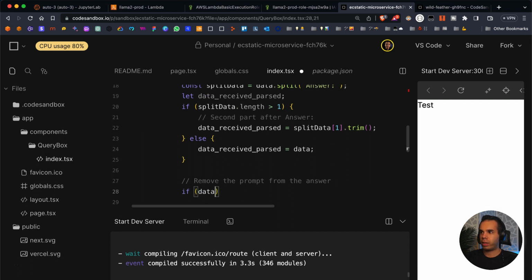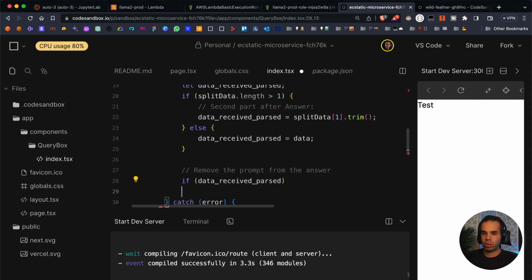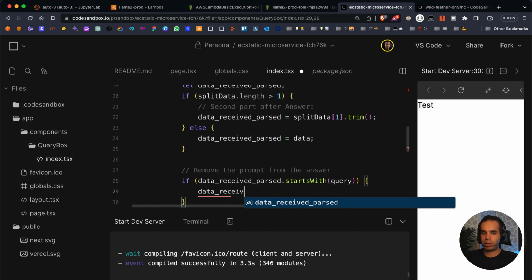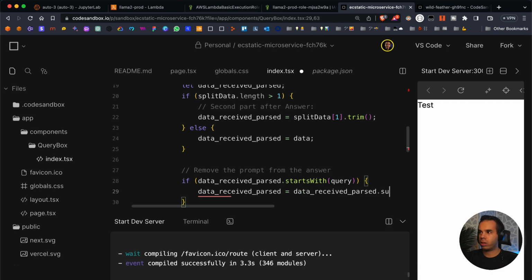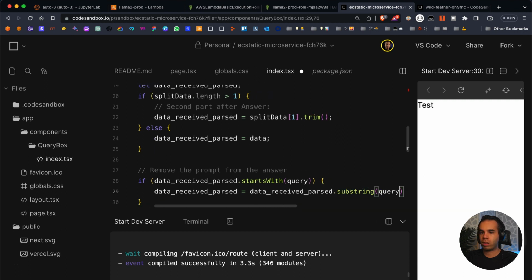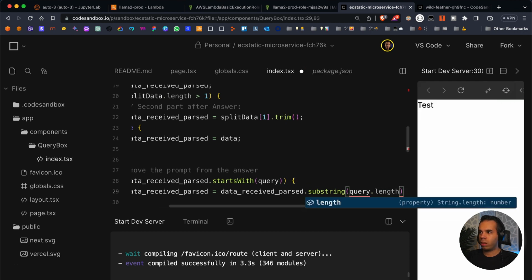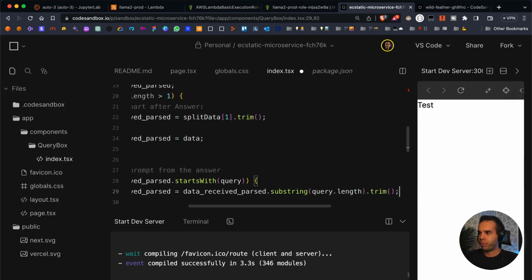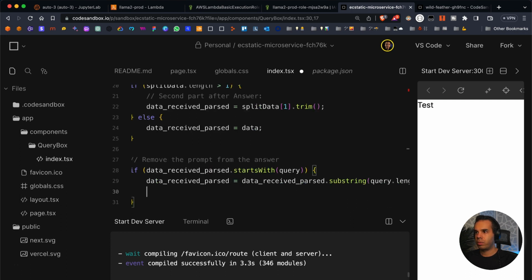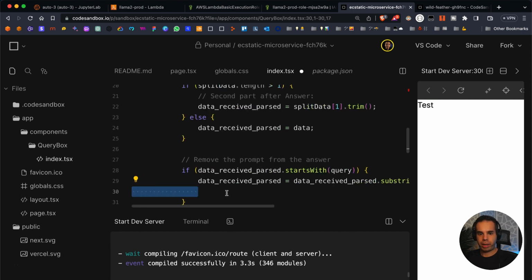And we'll say if data.received_parsed starts with query, data.received_parsed equals data.received_parsed.substring(query.length).trim(), and then under that